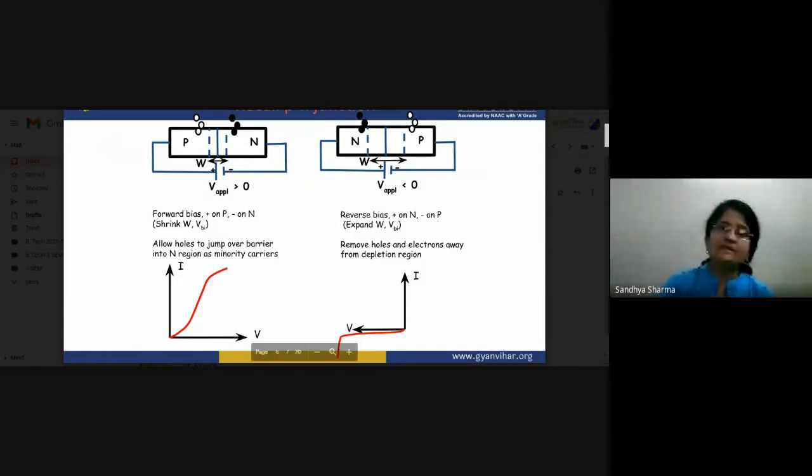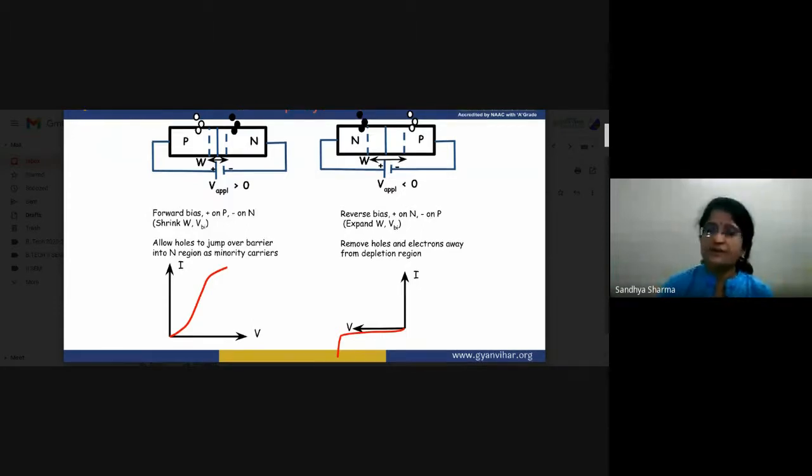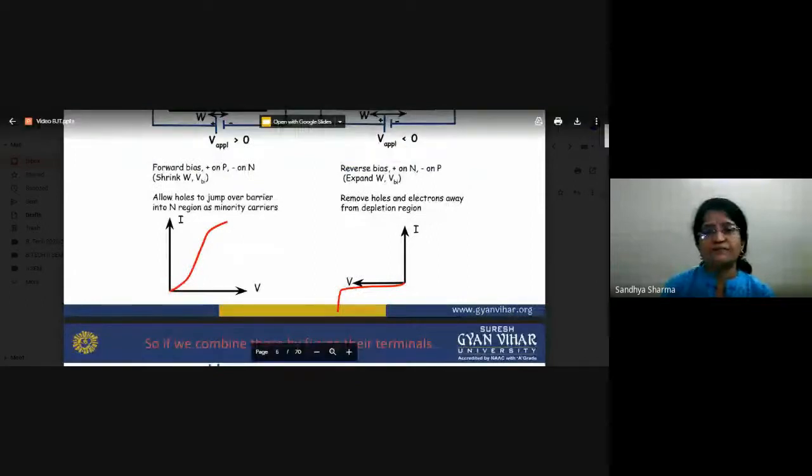This is the basic characteristics graph of our forward bias current. Initially, only a small amount of current flows, because some voltage is consumed in overcoming the barrier voltage, and after that our current increases extremely. What happens in reverse bias? When you reverse bias your diode, the depletion layer width rises. The electrons and holes move away from the depletion layer. So as we have seen in our graph, a very small amount of current will flow here.